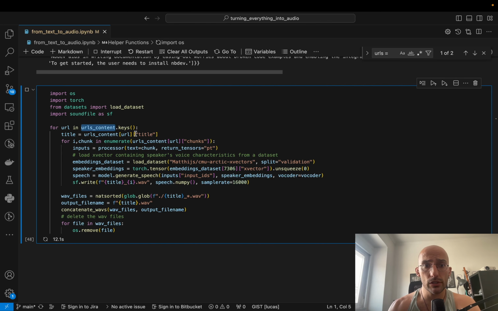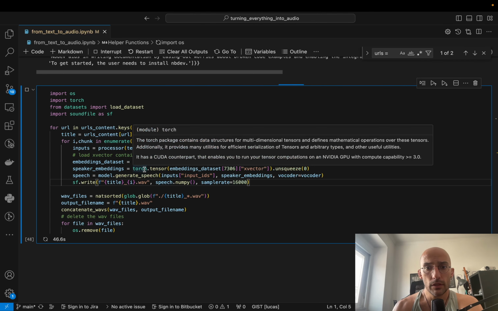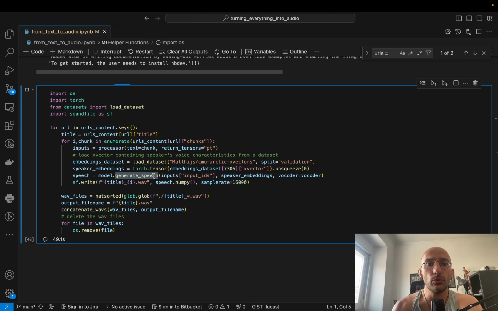And then for each of the chunks inside that particular value, accessing it using the URL as the key, I'm processing the content, turning it into audio using the embeddings dataset from Matthijs, CMU Arctic X-Vector, and then I'm turning that into a torch tensor, and then generating the speech with the generate speech function, which, if you guys don't remember,